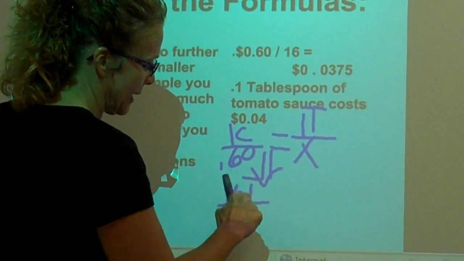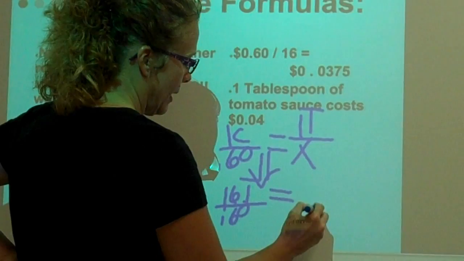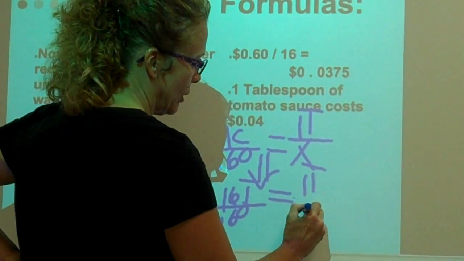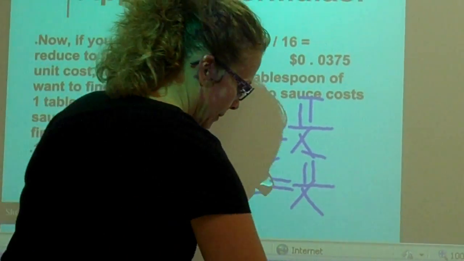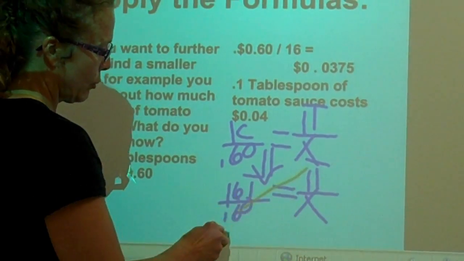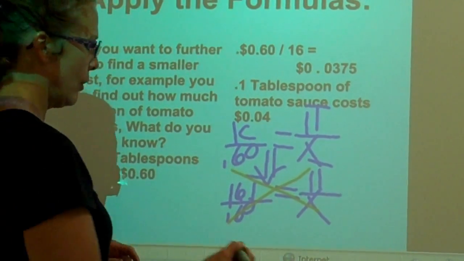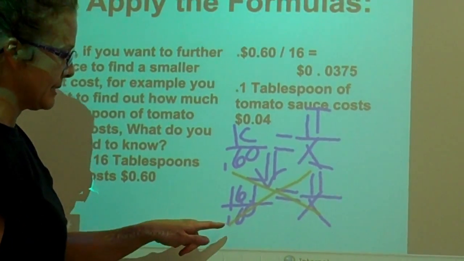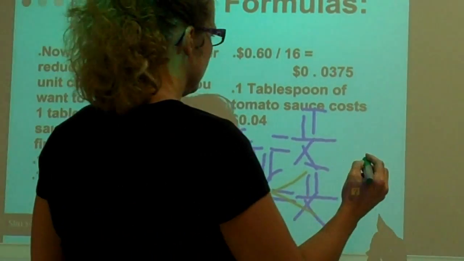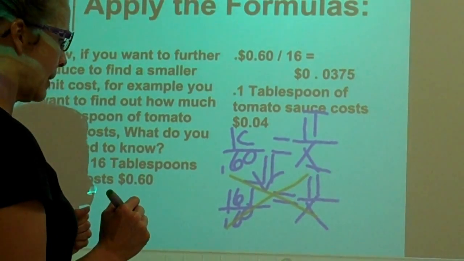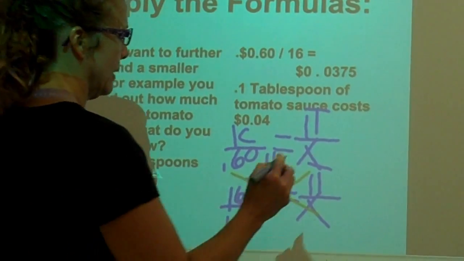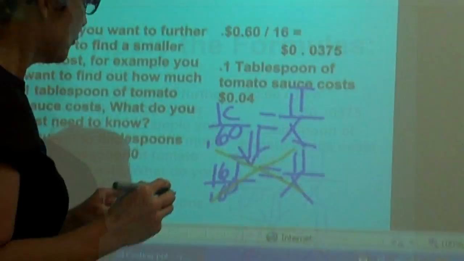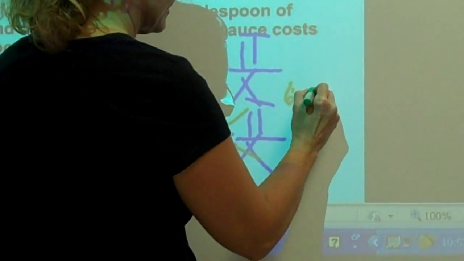and it's kind of hard to read that capital T. And now we have our 1 tablespoon over x. Now you can cross multiply. And you get 11 times 60, which of course is going to test my math here real quick. Okay, so what we get here is we get 660,